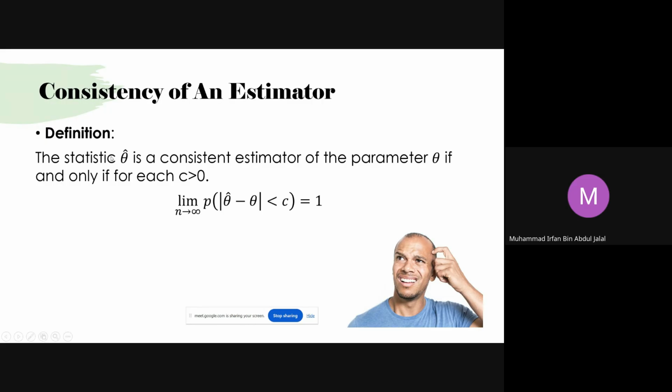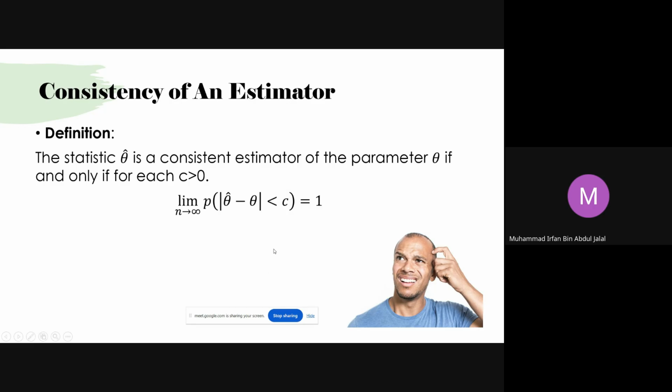So the estimator, or the statistic, we call that the estimator, theta hat, is considered a consistent estimator of the parameter of interest, theta, if and only if for each c more than zero, the discrepancy between the estimator and the parameter of interest theta, the limit of it, as the sample size grows large until infinity, becomes small,